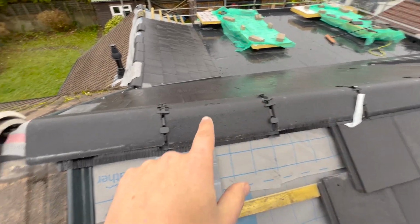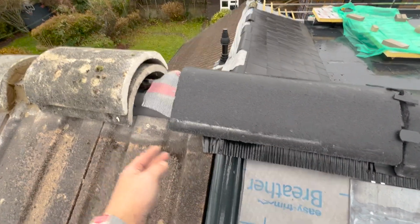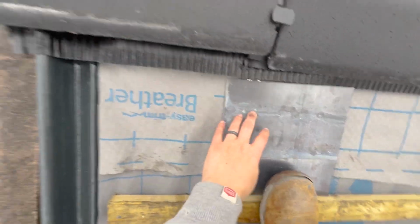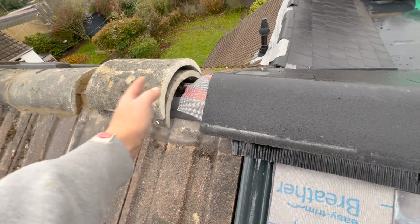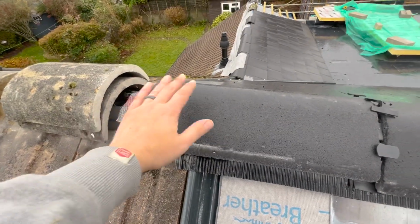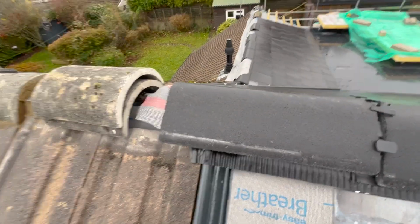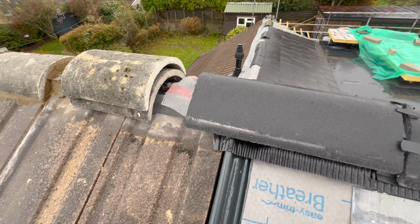I've got to fix that one. I've got to cut this one to 320 here, just on this side. That's going to butt up that side. We have a roughly 10-15mm gap in the middle. I'll use this lead saddle over the join, and we can point a mortar out next door's up to here, bond it all in, screw this side down, let it set. I'll cover it for the night to keep it dry, stop any rain washing it out,